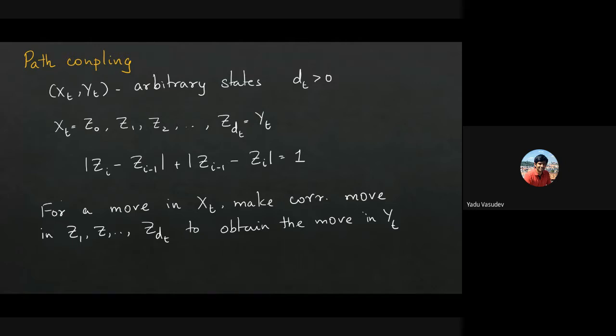In our case, you don't need to say it that way because it's the same changes, right? The change in xt and the change in z1 will be the same. Whatever you do in z1, you'll do in z2. Whatever you do in z2, you'll do in z3, and so on. So whatever you do in xt, you will do in yt also. But in general, it need not be the case. So this technique is much more general than just this problem.